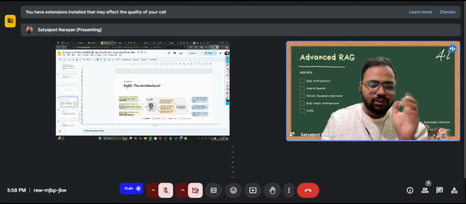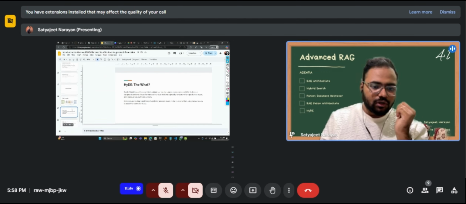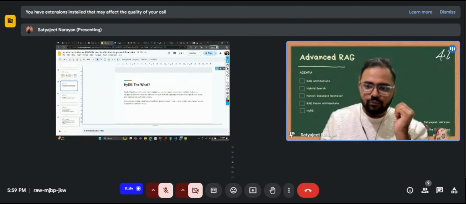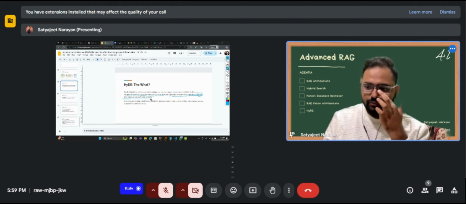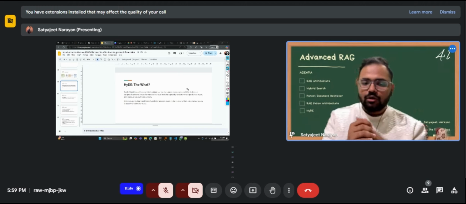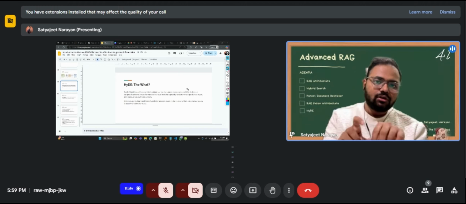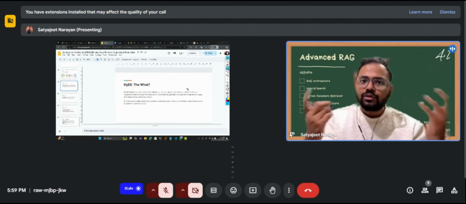Now the final one is HyDE. This is again a technique called hypothetical document embedding. It is designed to enhance the performance of the retrieval system, especially for cases where queries are vague, ambiguous, and lack sufficient context. Now, the user can give any query. What we are doing, instead of generating multiple queries, is telling the LLM: take this user's query and generate some hypothetical answer,